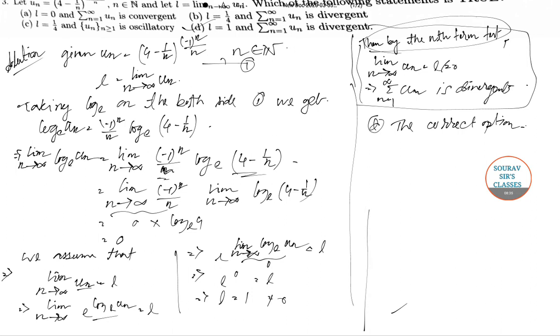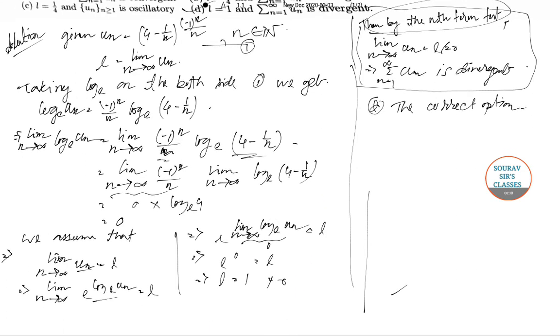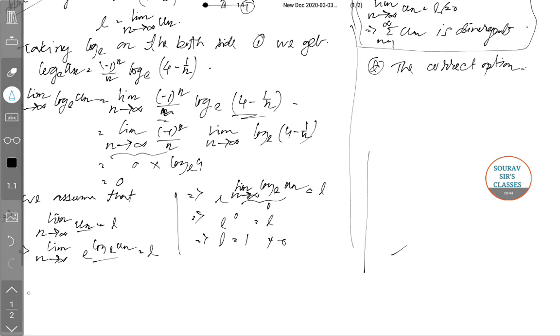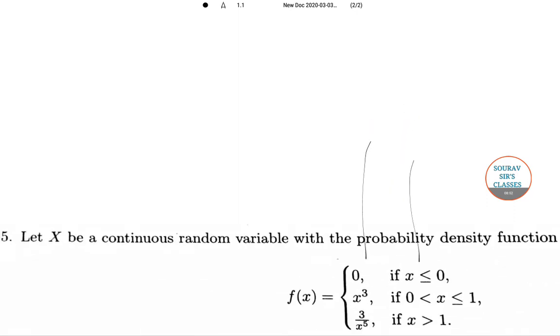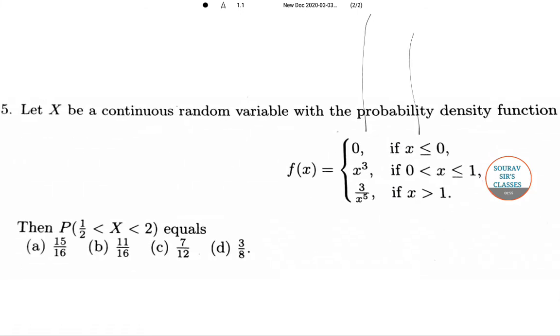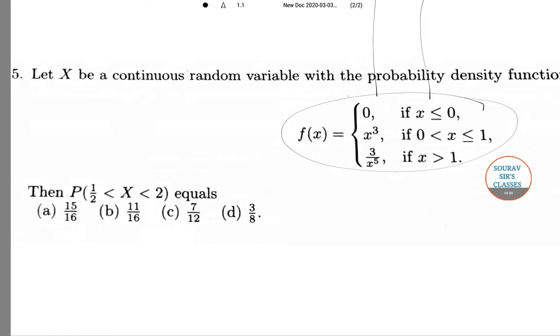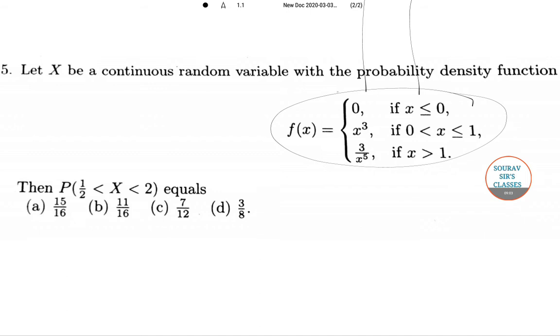Now we go to the next problem. And the problem is like this. Let X be a continuous random variable with probability density function. This is the given probability density function of the continuous random variable, that is f(x) equals 0 if x is less than or equal to 0, x cube if x is 0 to 1, and if x is greater than 1, then 3 by x to the power